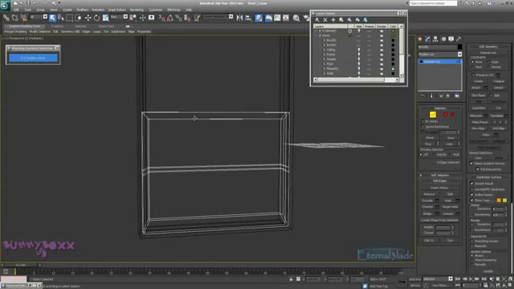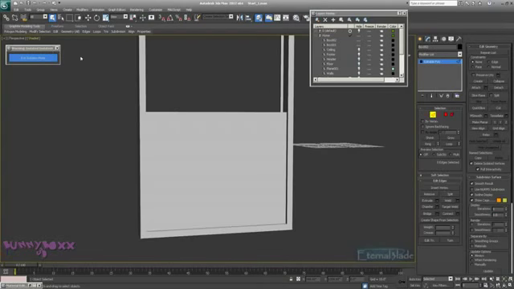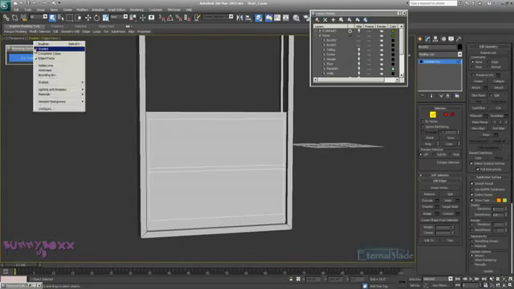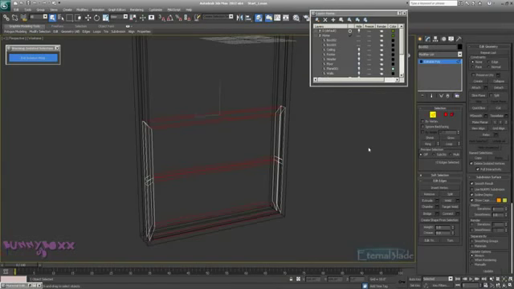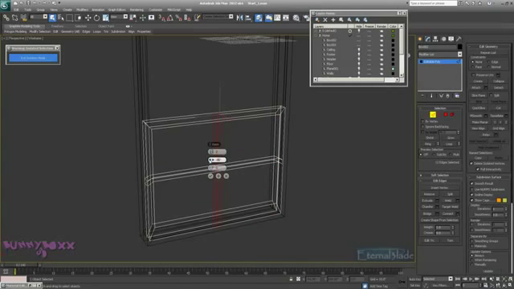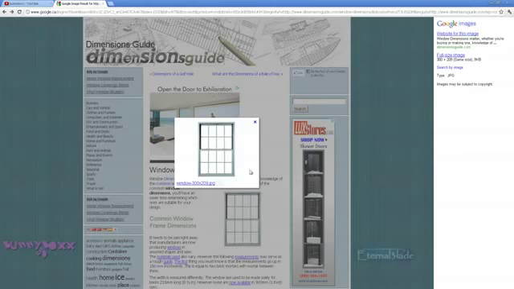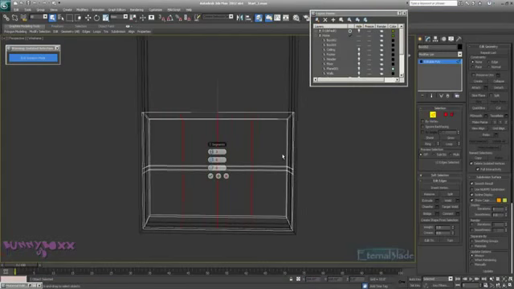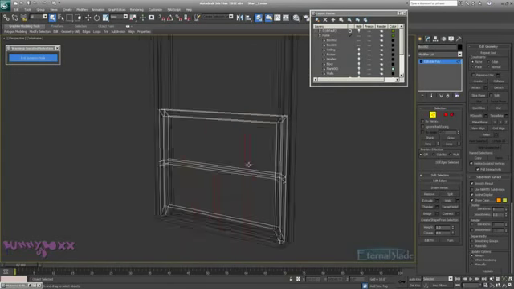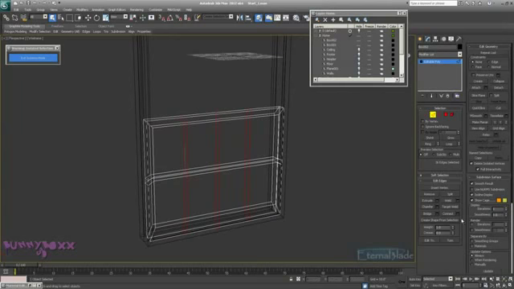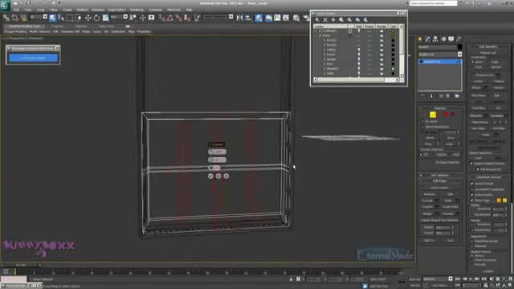Okay, wireframe. We'll go back to edge faces. Ring. Okay. Let's do a connect, and I believe it was 4. 1, 2, 3. And hit OK. And what we can do, we can chamfer these,